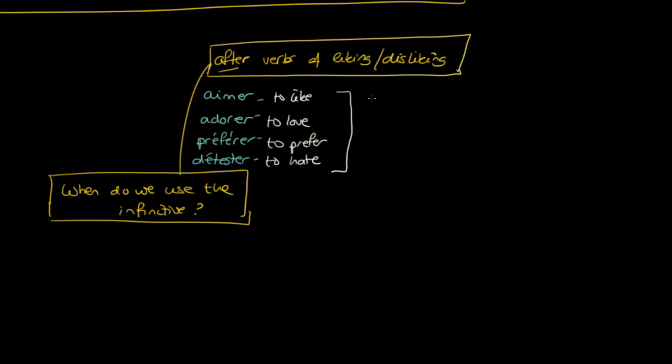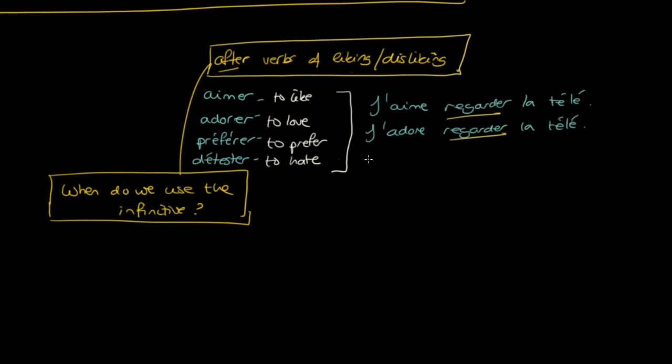So if you take, we had j'aime regarder la télé, go back to that example, j'aime regarder la télé. We could of course change that to j'adore regarder la télé. I love watching TV, or I love to watch TV. My verb infinitive there. Je préfère regarder la télé. Prefer to watch TV. And the last one, to go against all of these ones, je déteste regarder